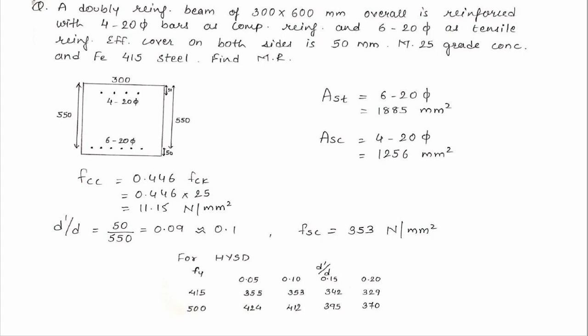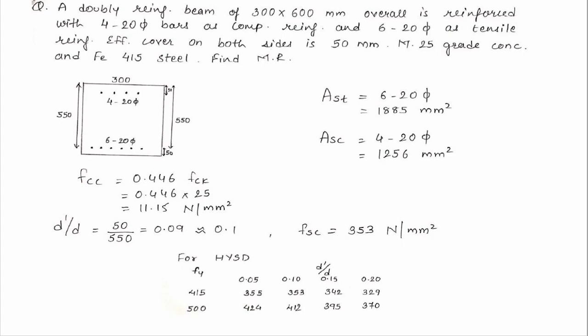Now again, in the singly reinforced beam, XU was calculated from the equation given in page 96. But keep in mind that was under clause G 1.1, and G 1.1 is to be used only for singly RC beam. For doubly RC beam, G 1.1 is not to be used. We need to use clause G 1.2. But in G 1.2, the equation of XU is not mentioned. And as I said at the start of the lecture, in the case of a doubly RC beam, the equations we need to identify from our stress strain diagram.